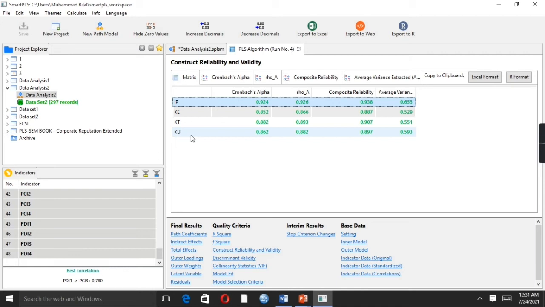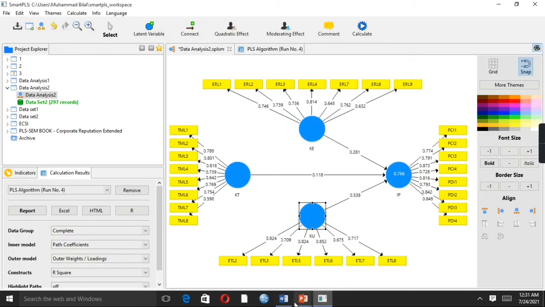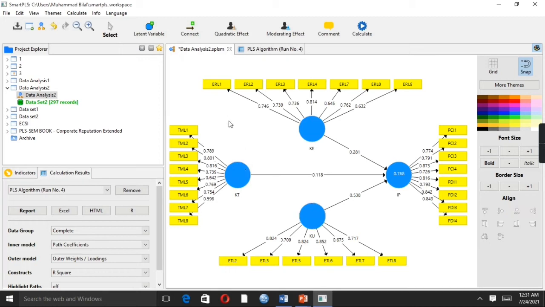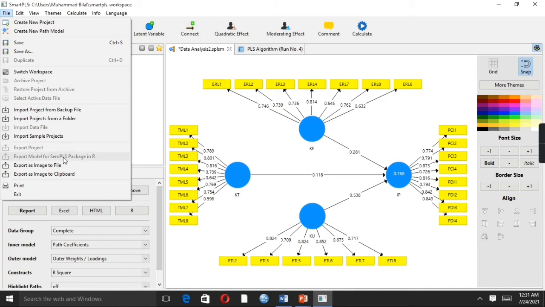So the next and final step is how we interpret and copy and paste these multiple variable outcomes into our Word document. So have a look. First of all, I am going to copy the model. Just click on file, export as image to file, export as image to clipboard.